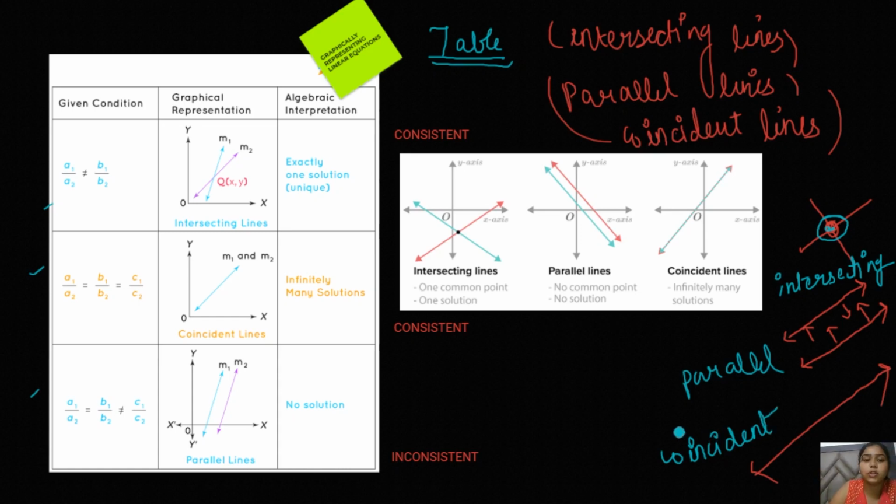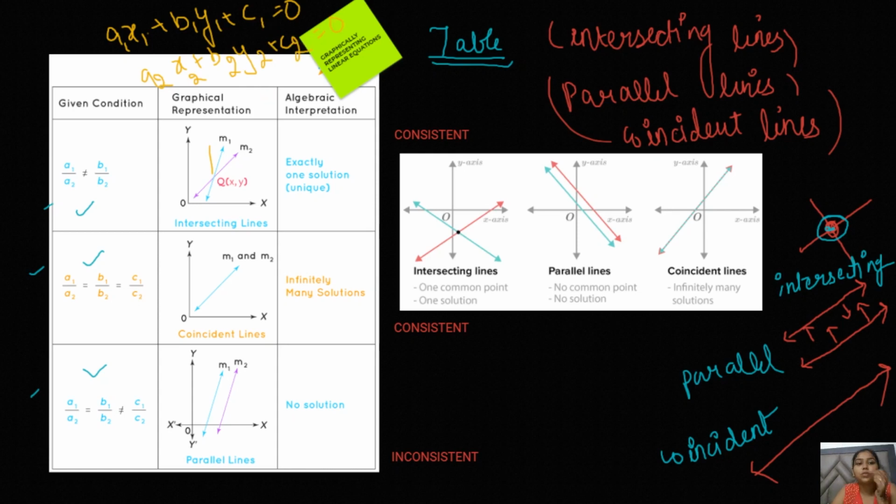So we are well aware of these types of lines. Let's have a look at them. In the case of intersecting lines, this is the given condition. Please look at these conditions, as you will get questions related to them. Our condition is a1 by a2 is not equal to b1 by b2. In this picture two lines are given, so the standard form will be a1 x1 plus b1 y1 plus c1 equals 0 for the first line, and for the second line a2 x2 plus b2 y2 plus c2 equals 0.